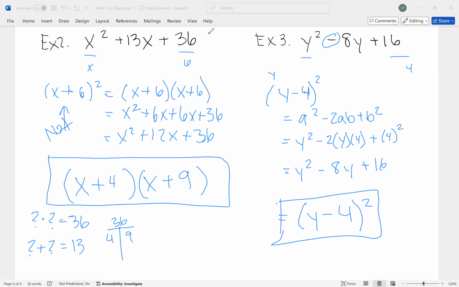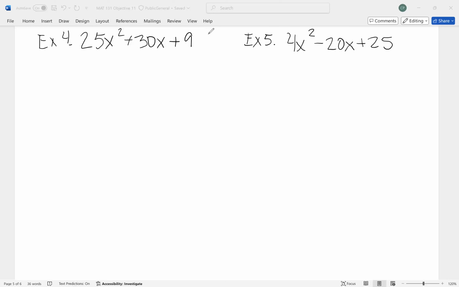Let's look at the next example. All right, example 4, we have 25x squared plus 30x plus 9, okay? If we try to break this up, using the formula, we would have